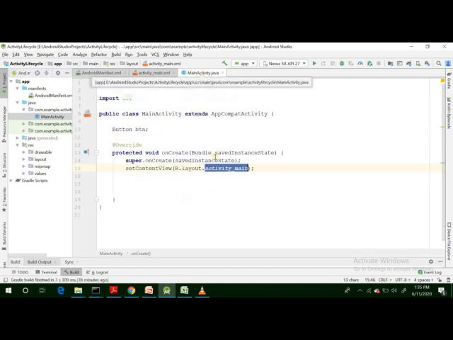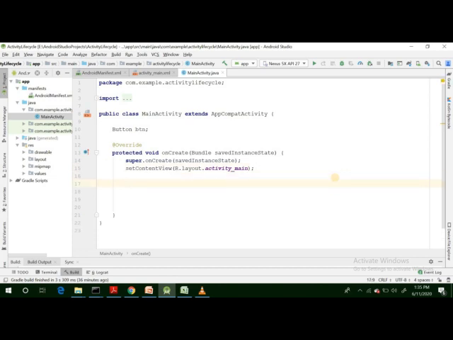To implement the behavior, we need the reference of those views whose logic we want to code. We want to implement the logic behind the button, so we need the reference of the button inside our source code file.